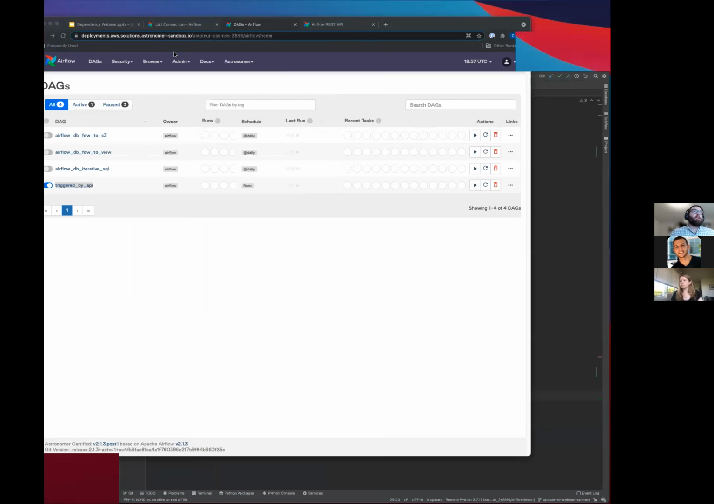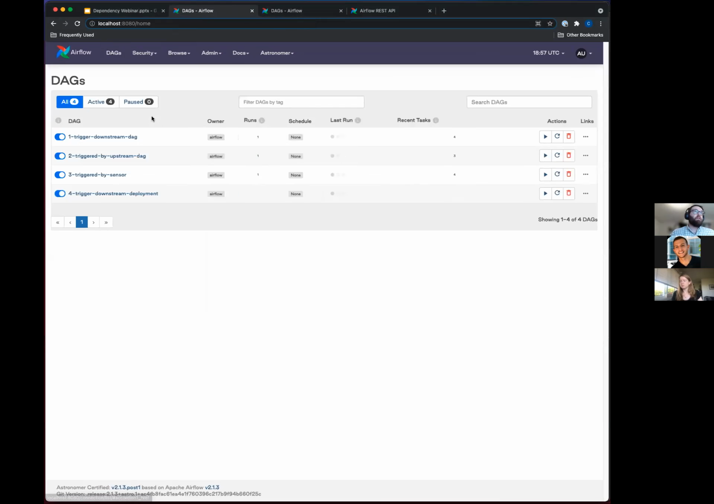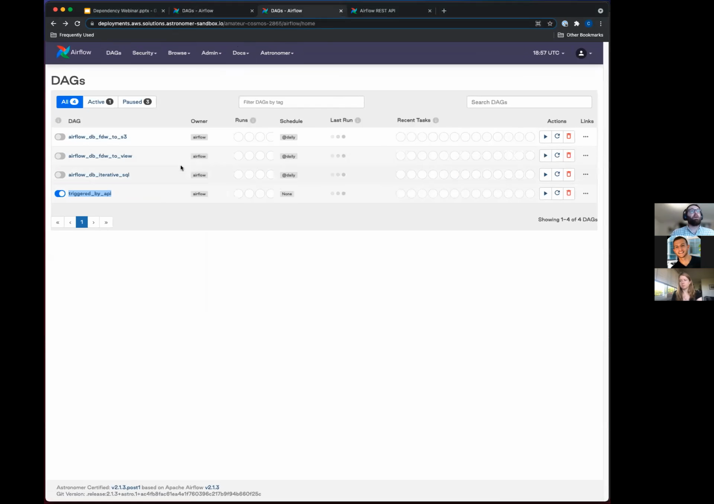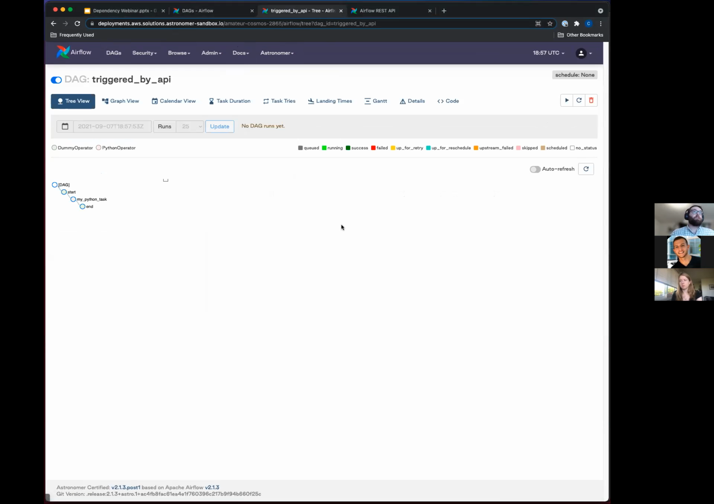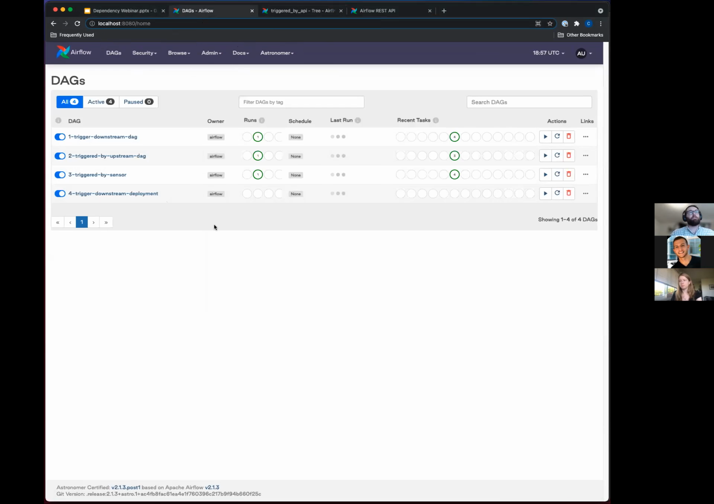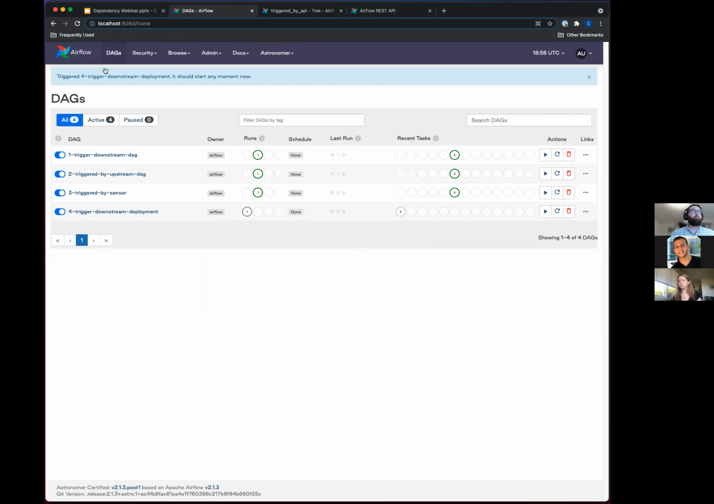So let's go ahead and go back to our sandbox. And we're going to trigger this DAG. But before we do that, notice how there's no DAG runs for this at all. Like it's just completely empty, right? And so when I trigger this, that should trigger that DAG that I'm referencing. So if I hit this trigger DAG button right here,